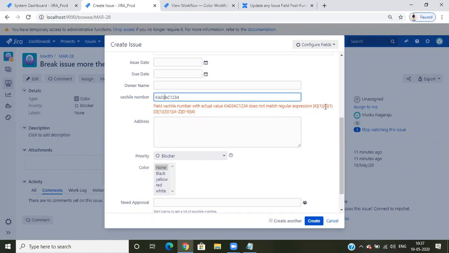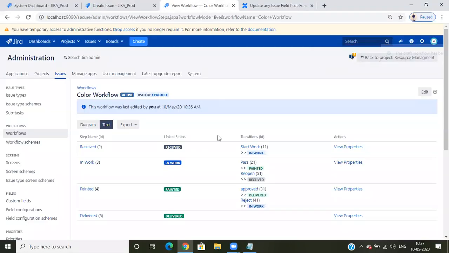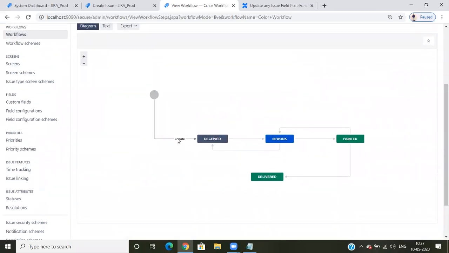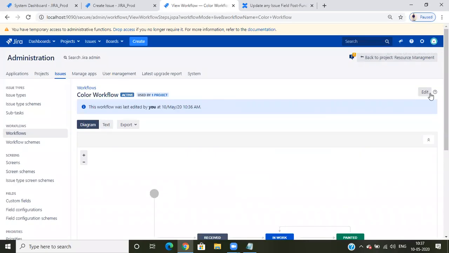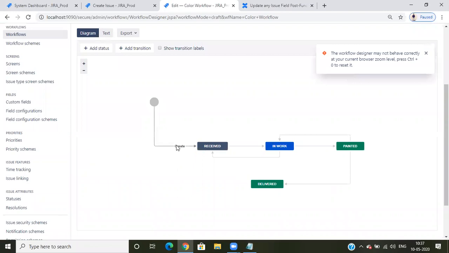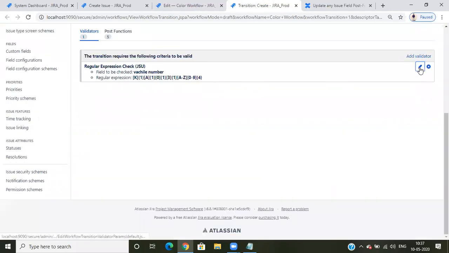A first letter, 01, 3, one letter A to Z. No.